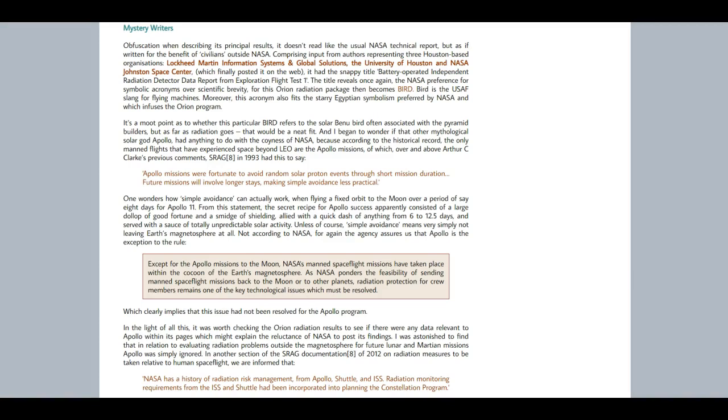Moreover, this acronym also fits the starry Egyptian symbolism preferred by NASA and which infuses the Orion program. It's a moot point as to whether this particular bird refers to the solar Bennu bird, often associated with the pyramid builders, but as far as radiation goes, that would be a neat fit. I begin to wonder if another mythological solar god, Apollo, had anything to do with the coyness of NASA, because according to the historical record, the only manned flights that have experienced space beyond LEO are the